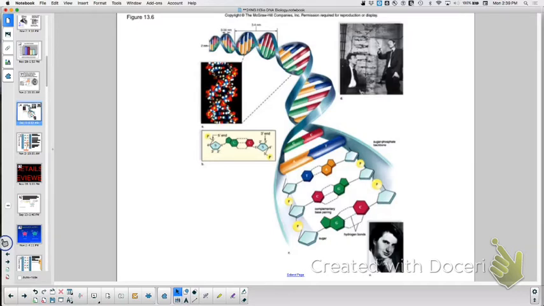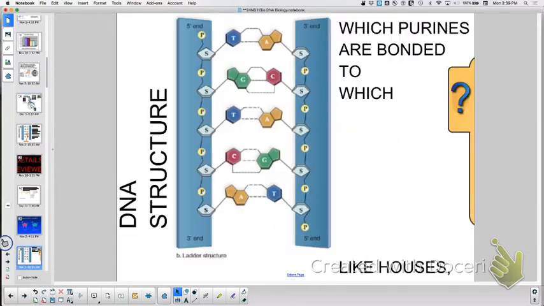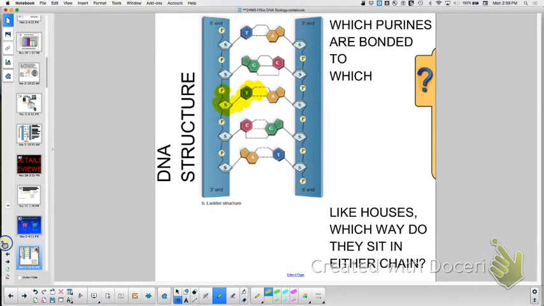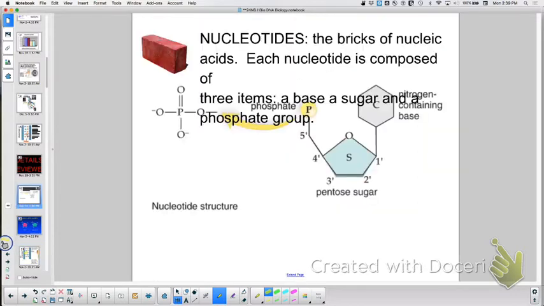So that was history of DNA, and I've given you structure, a little bit more detail on the structure. We know that a nucleotide consists of a base, a sugar, and a phosphate group. We know that, okay? A base, a sugar, and a phosphate. But we also learned some things about the sugars. When we look at a sugar, where the nitrogenous base connects with the sugar, so wherever your nitrogenous